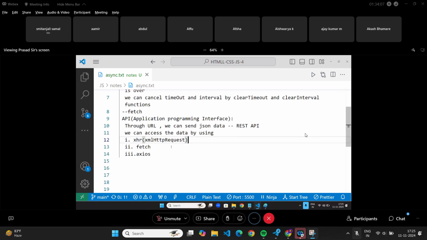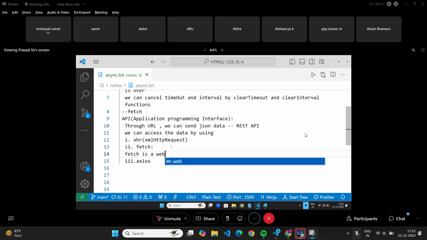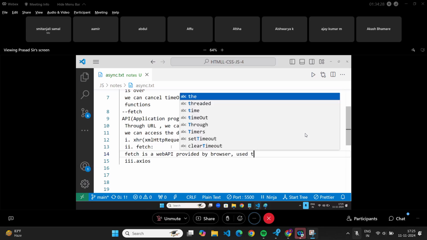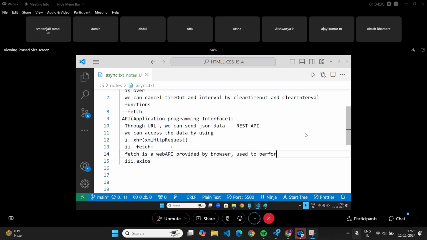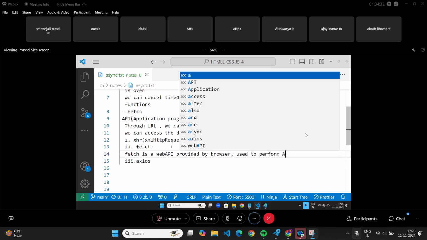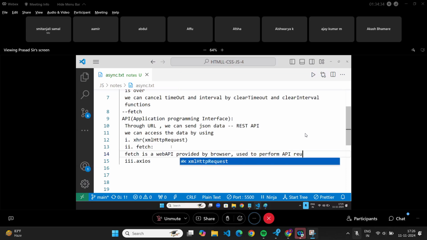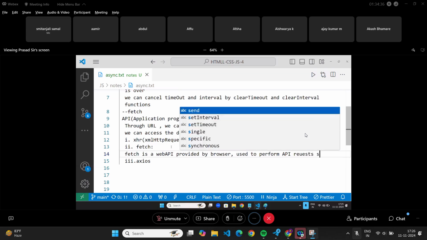Now, let's go here. Fetch. How do we do that? Fetch is a web API. Web API means a function provided by the browser. A web API provided by the browser is used to perform API requests such as